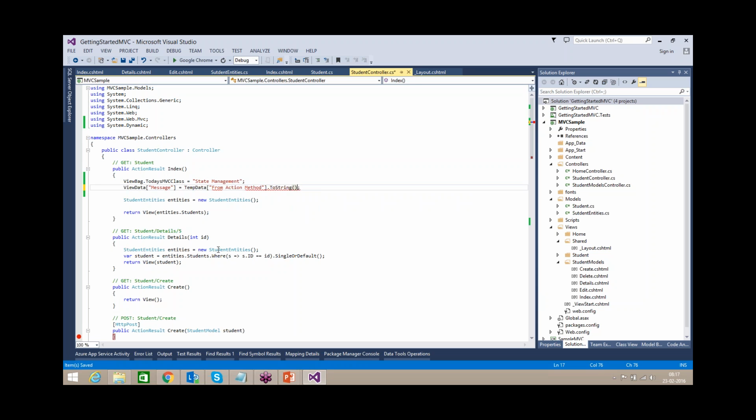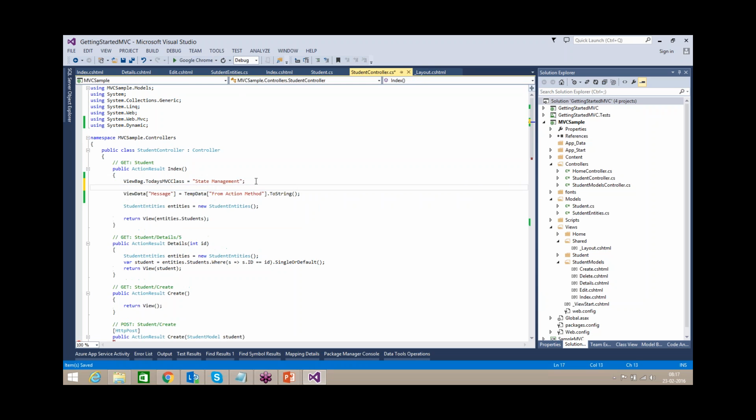This is also we need to convert to this. So this is how I have created. Initially there won't be the data, so we need to check whether temp data has this key or not. This is a simple C# dictionary. You just check this is there or not.